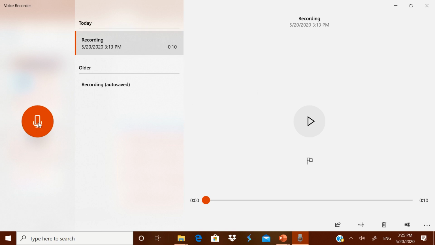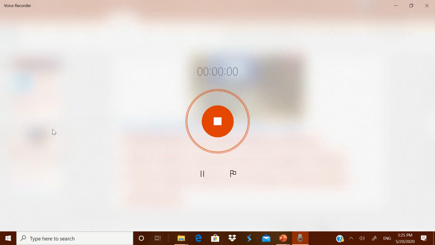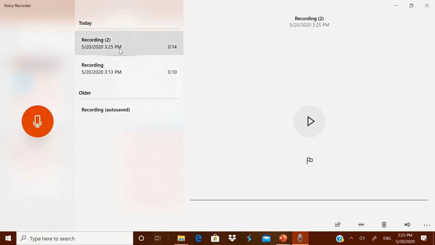Now I am seeing a microphone symbol over here. You just click it. Now the recording starts. Whatever I am talking now is being recorded.